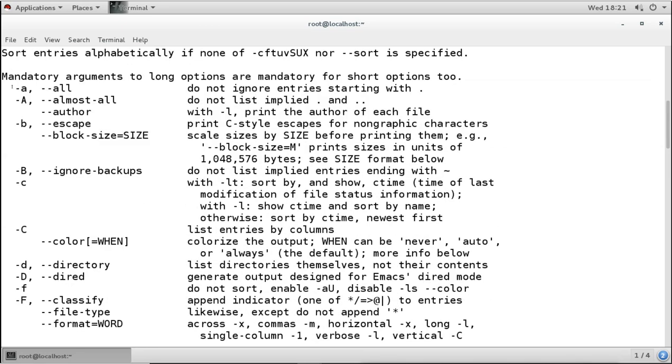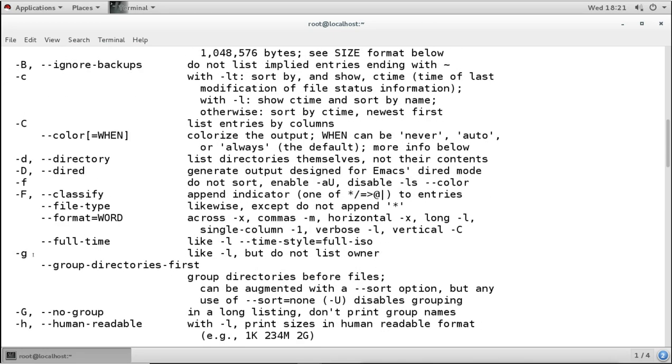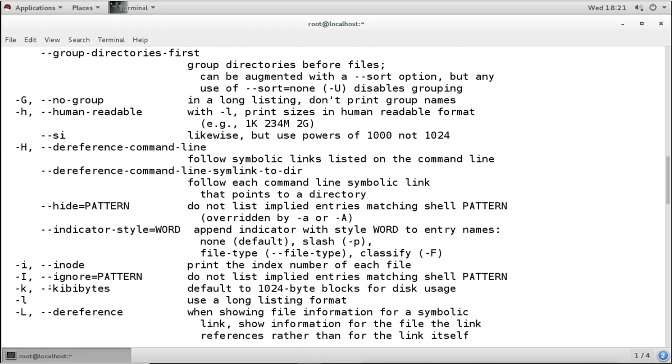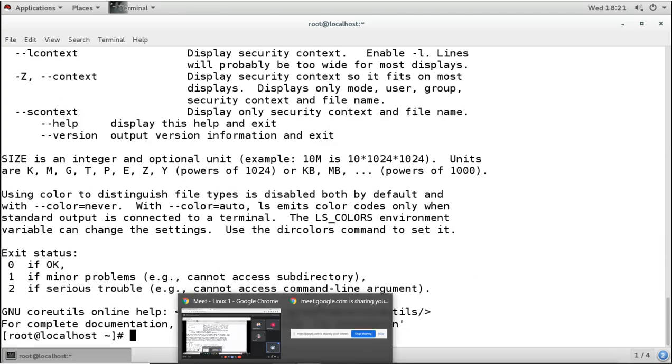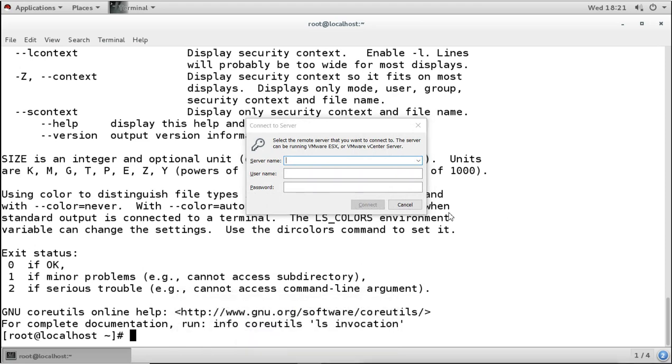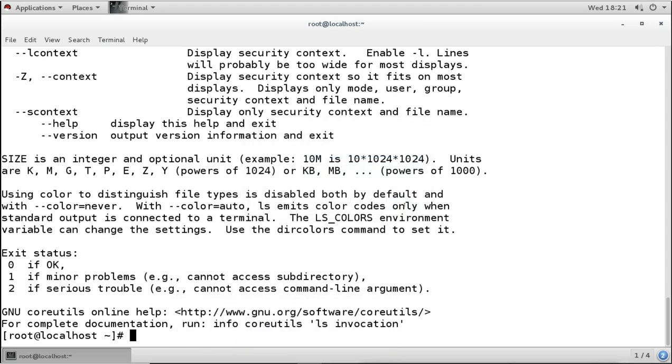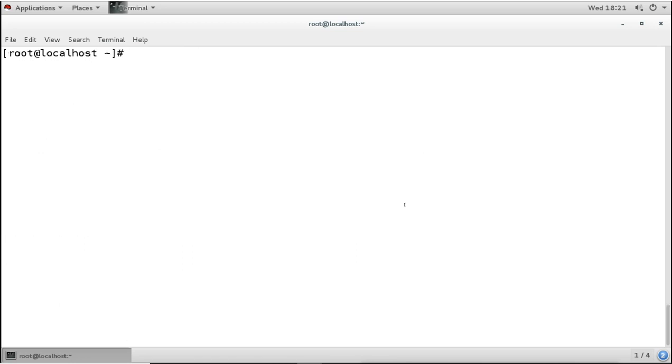We have seen the A option, and we have not seen these other options. There are many more options. We have seen this H option, which is human readable, but we have many other options. So this --help we can use anytime in the command to get more about what next we can give. Now if you want to see more detail than this, then we can go for the manual.